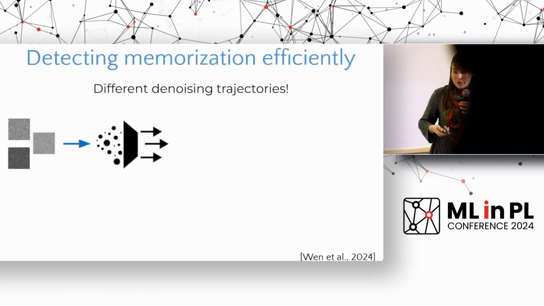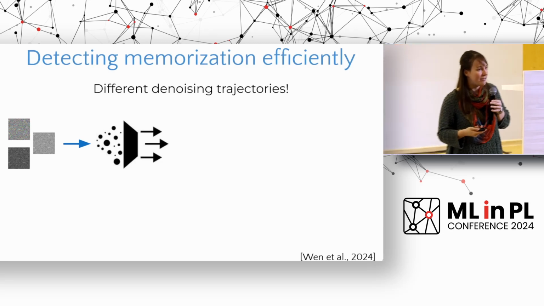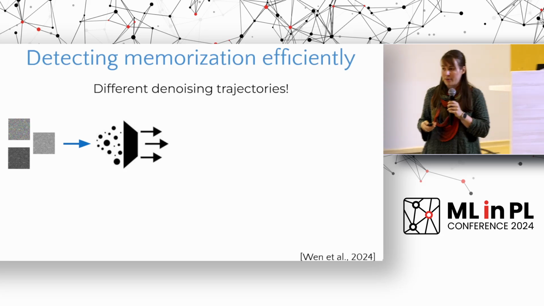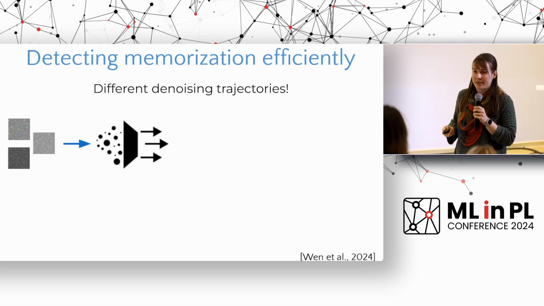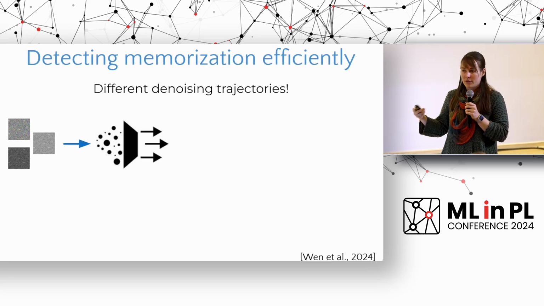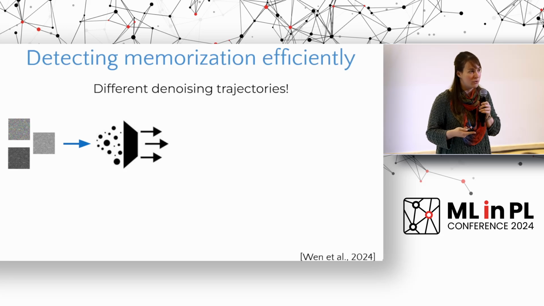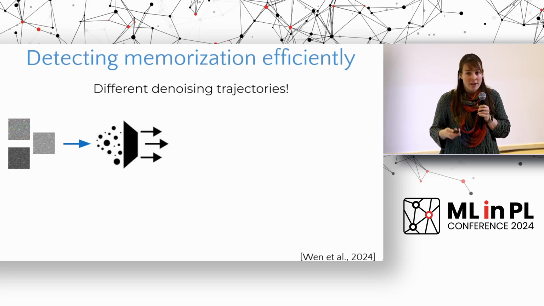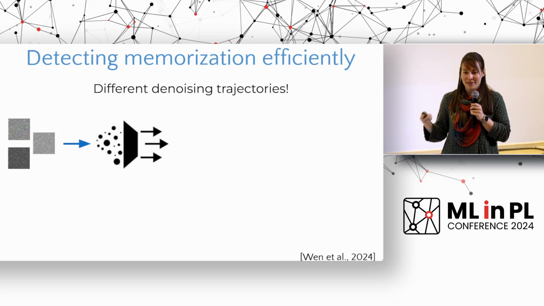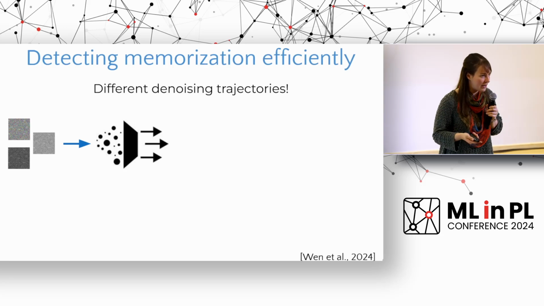So what we now want to do is to find out memorization. But there is a caveat, because if you want to find memorized data points, comparing that in the pixel space is extremely expensive, and that is because every diffusion generation takes multiple denoising steps. So it can take you a few minutes on a GPU to generate an image. So of course, if for every image we generate images and then compare them, it becomes too costly and we cannot do that.